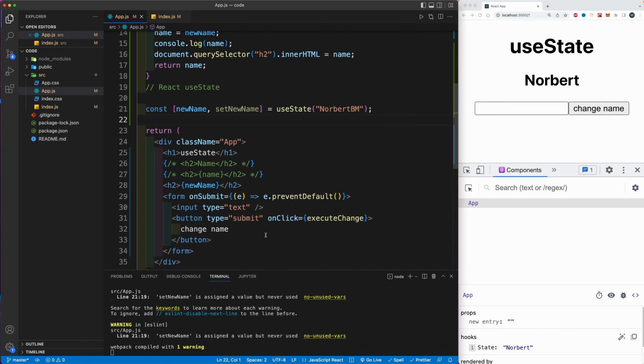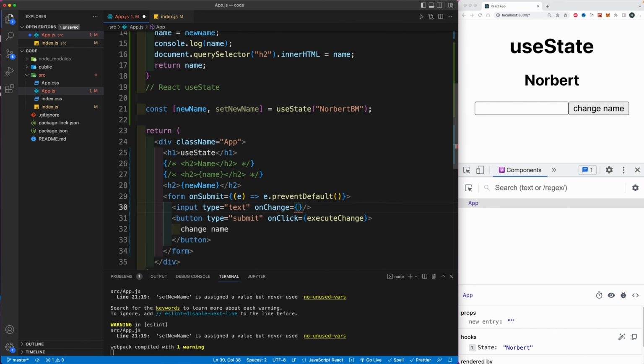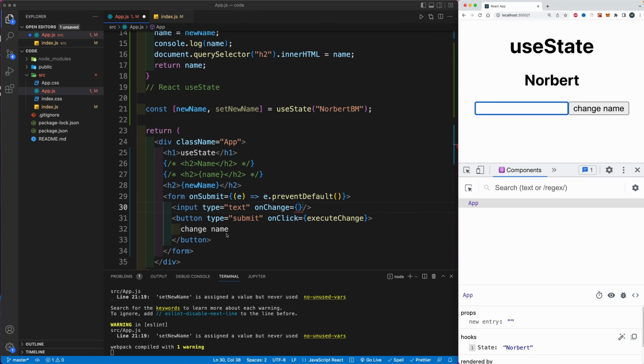Now this is a bit different than what I did here, or I could actually do it the same way, but I want to show you another way, which we actually couldn't use here. Within our input, I'm going to use another event listener called onChange. Now the onChange event listener will listen for a change in the event of this input tag. When a change happens, then you're going to change